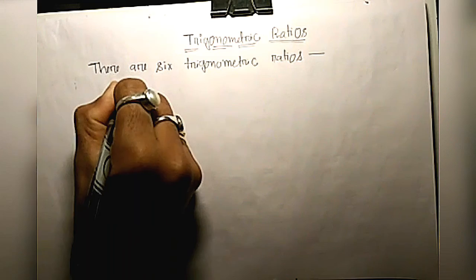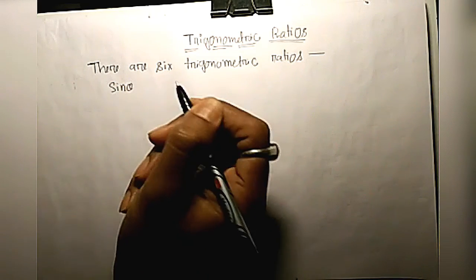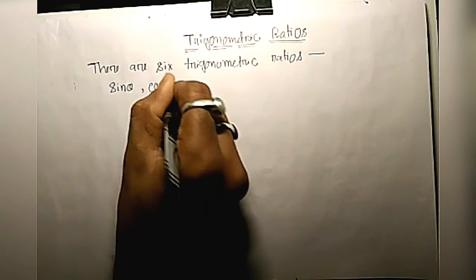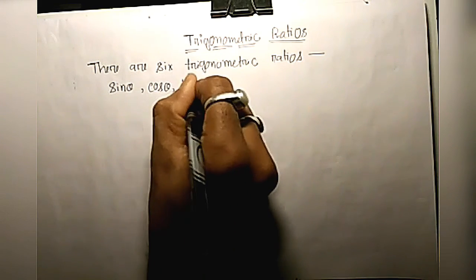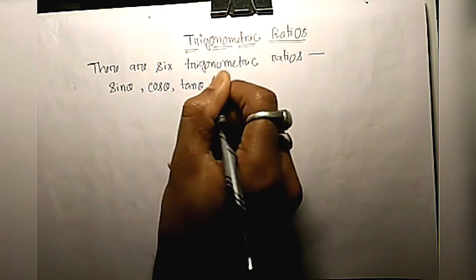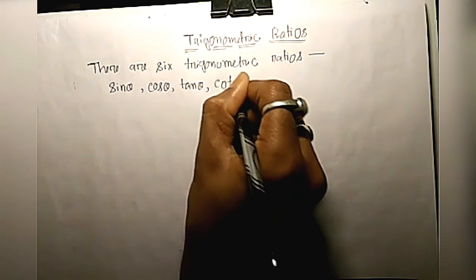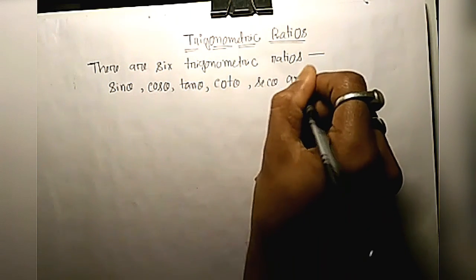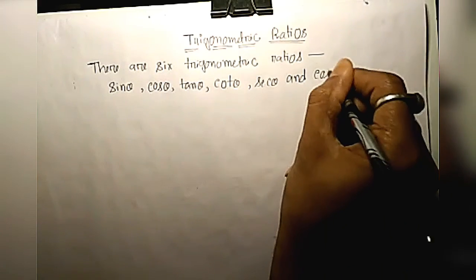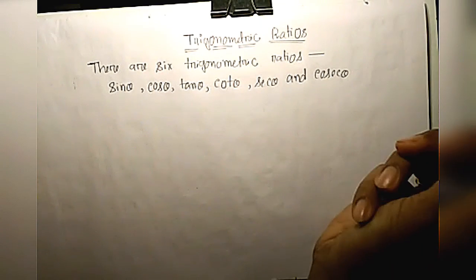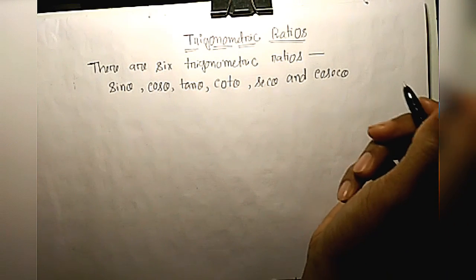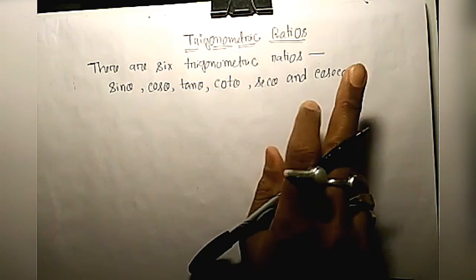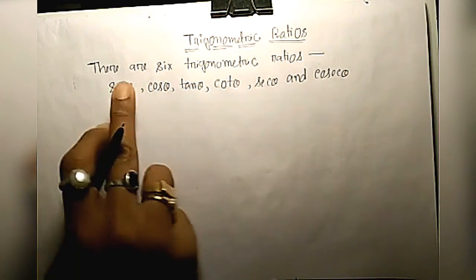So first one is sine theta. Second one cos theta. Third tan theta. Fourth cot theta. Fifth sec theta. And the sixth one cosec theta. So these are 6 trigonometric ratios: sin theta, cos theta, tan theta, cot theta, sec theta and cosec theta, where